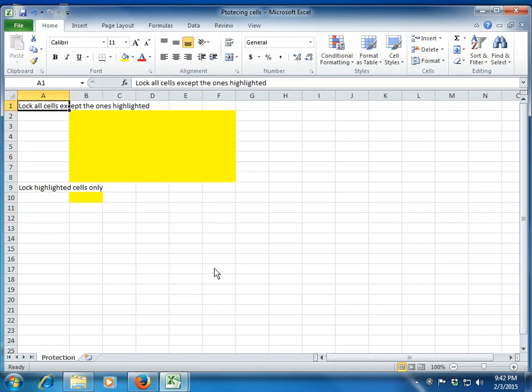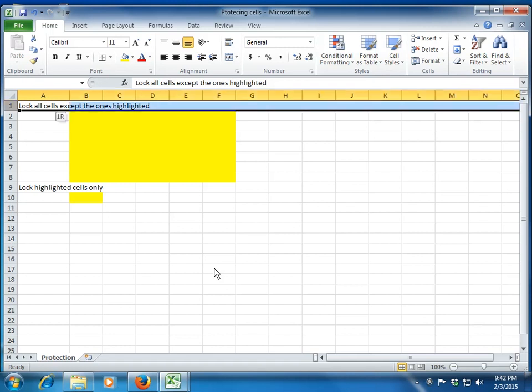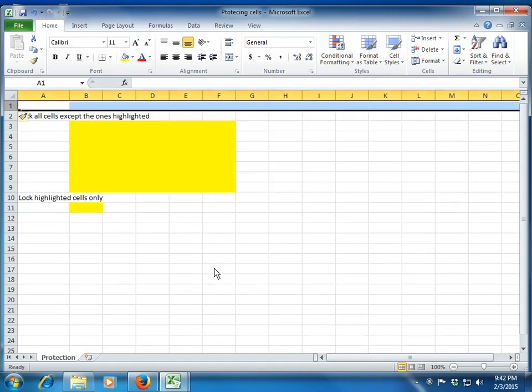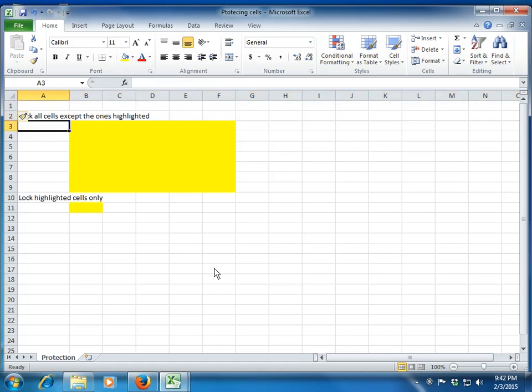In Excel we have a feature wherein we can lock the cell from editing, so that once you share your file with someone else, they will not be able to make any changes or modifications to the original data which you send them. Or you can give them the option of changing only the particular cell which you want them to change, or allow them to change values in all the file except for particular cells which you will be locking. Okay, so let's see how we do that.